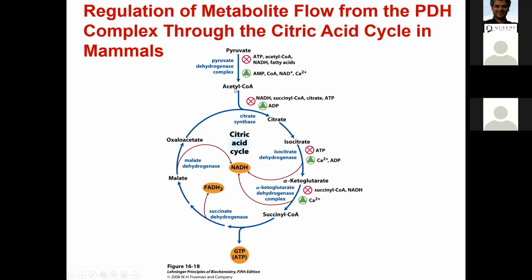Okay, now, once you are in the citric acid cycle, what will regulate the rate of flow through the citric acid cycle? Well, it can be limited by the availability of the first reaction. The first reaction, the citrate synthase reaction, is also irreversible, right? So if you limit the availability of the substrates for citrate synthase, then the cycle will slow down, right? So that would be molecules such as oxaloacetate and acetyl coenzyme A.